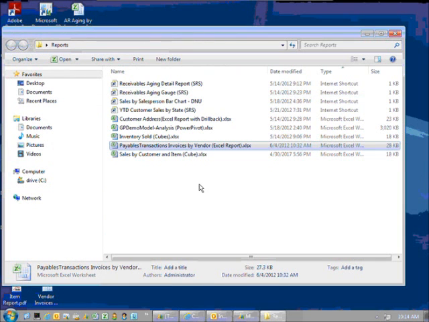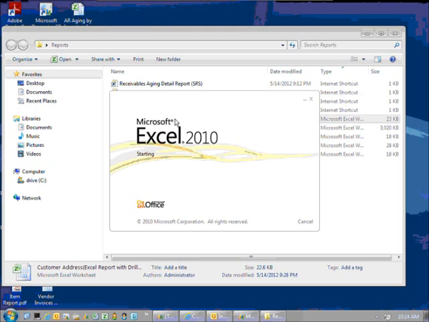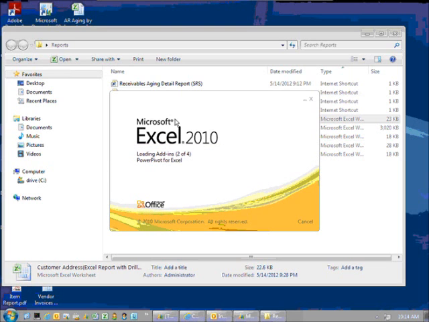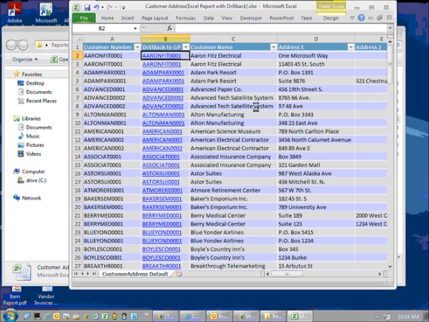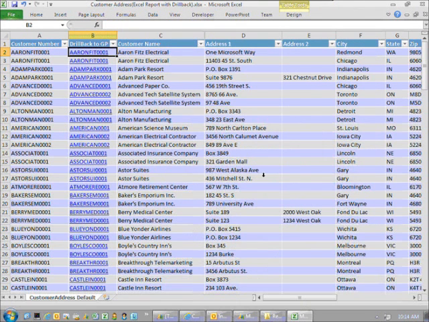All right. The second instance of an Excel spreadsheet that I wanted to show you is just a simple customer address spreadsheet. And again, this is refreshing against the GP database. And this one also has a feature of drill back to GP. So where you see the blue column here, it says drill back to GP, I can click on that. And if I do have access to Dynamics GP, then it's going to drill back into GP, open up